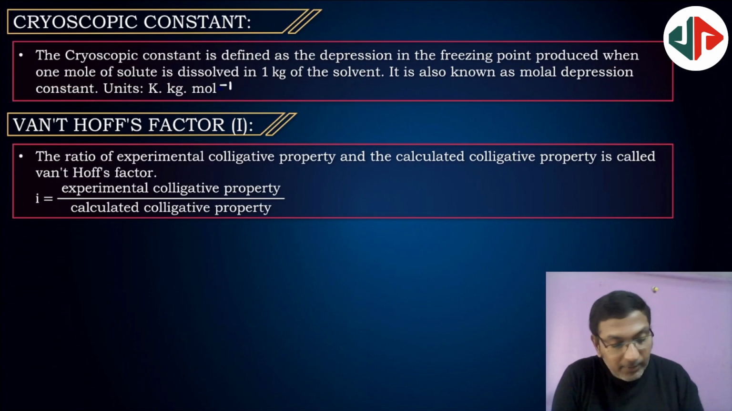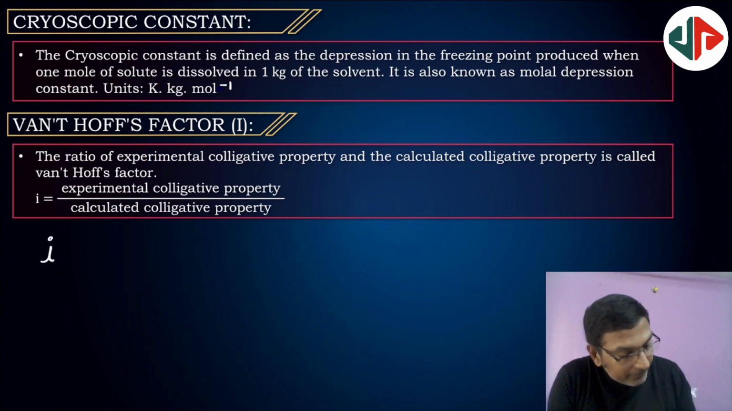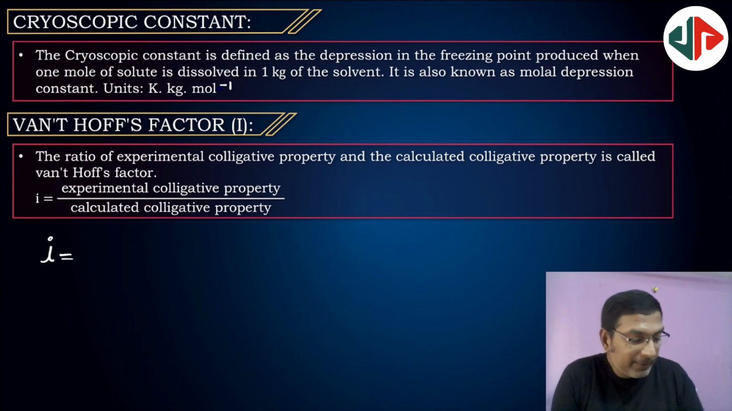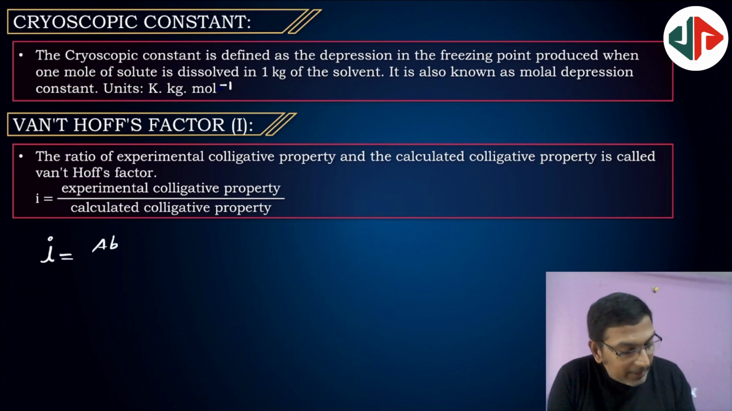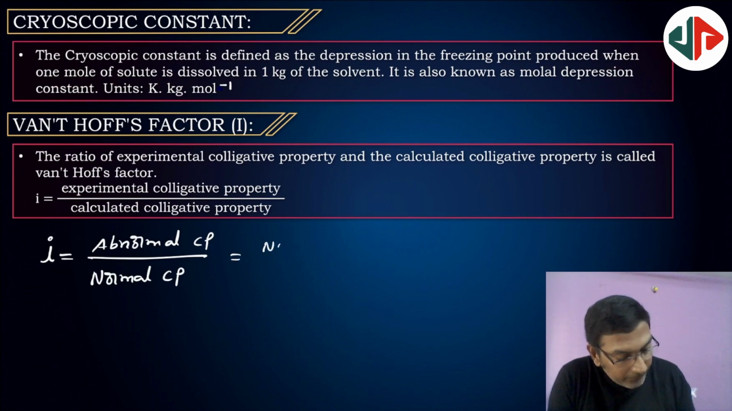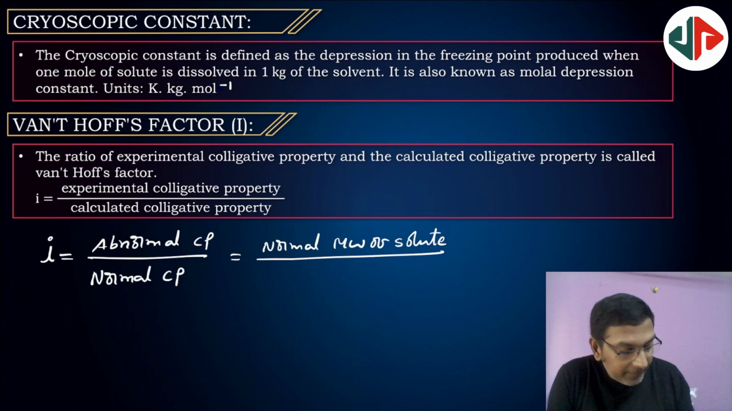Next, Van't Hoff factor, let i, equal to experimental colligative property, or we can take it as abnormal colligative property, by normal colligative property, or normal molecular weight of solute by abnormal molecular weight of solute,